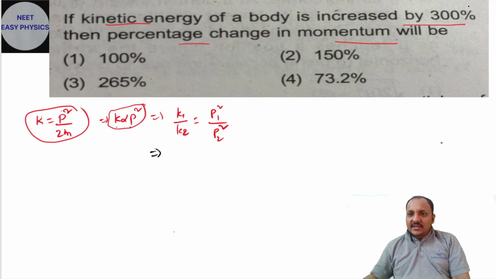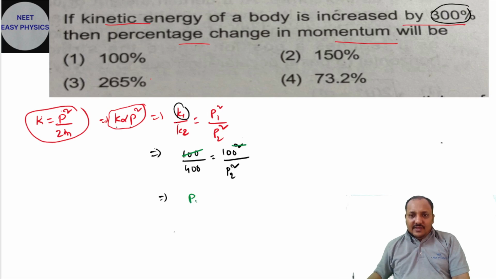Now whenever they give a percentage, we should take the initial values as 100. Initial kinetic energy you can take 100. Final kinetic energy, how much? The increase is 300, which means 100 plus 300, 400. Initial momentum, all initial values you have to take 100. Final momentum we should calculate. So if you cancel 100 here,